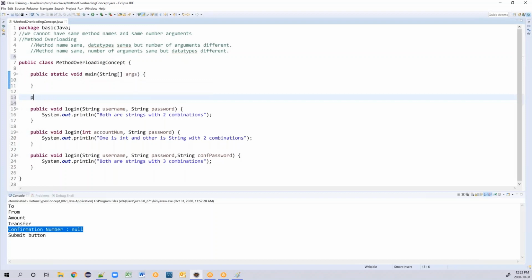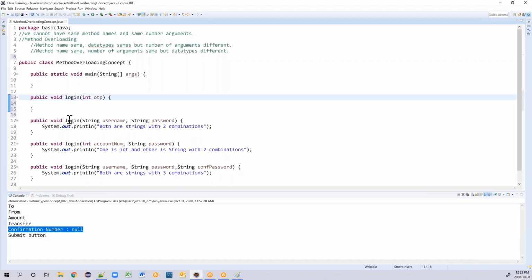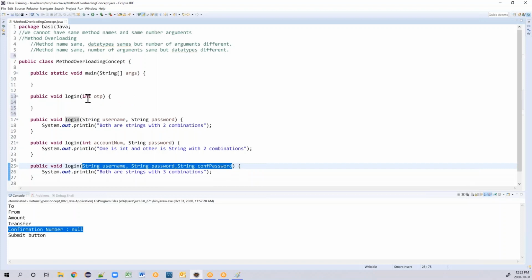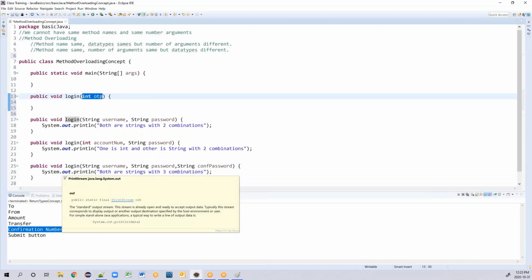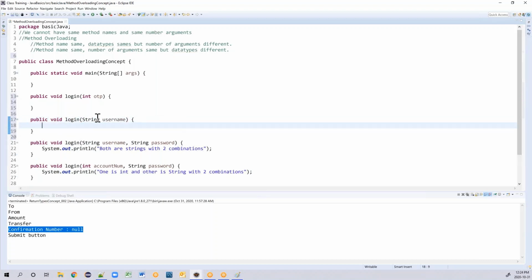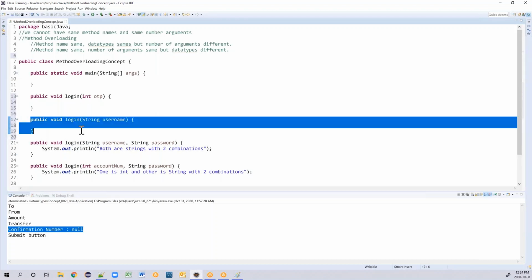What if I have this combination, public void login, and here I'm going to say int OTP, one-time password. So the method name is the same, but the number of arguments is different. And you can also have public void login with a string, where we are just passing the username. This is also acceptable.